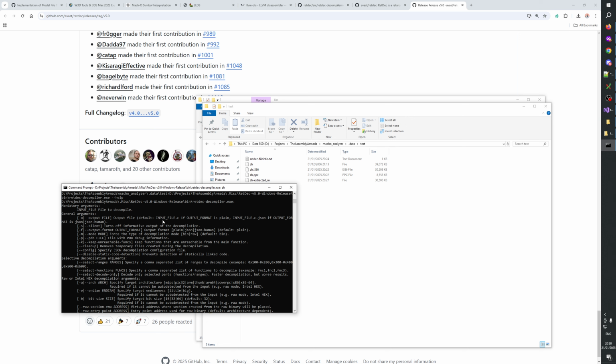Output default plain. Output format is plain. Input file. Output format plain, JSON, JSON human, default plain. So I guess it will create a ZH